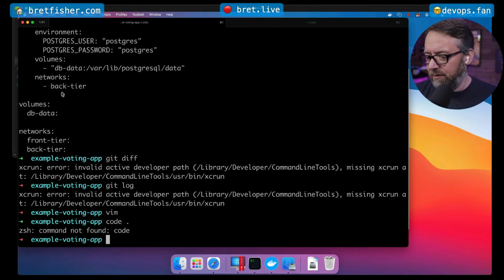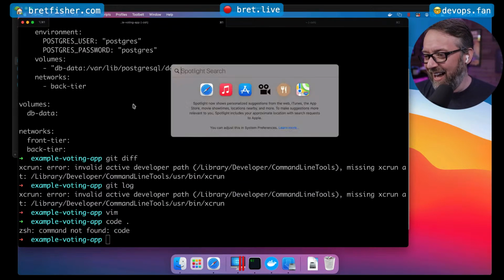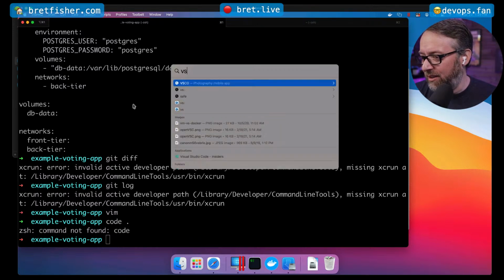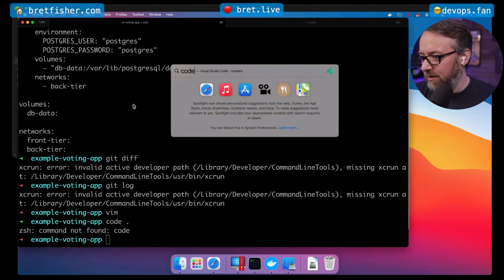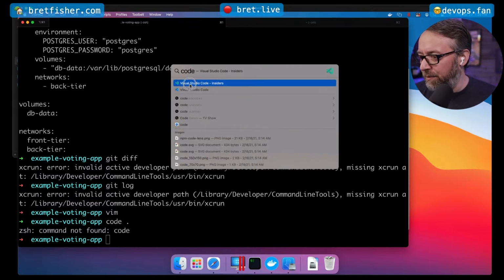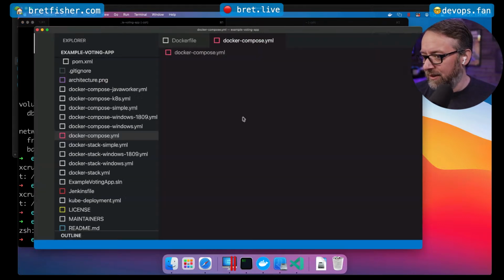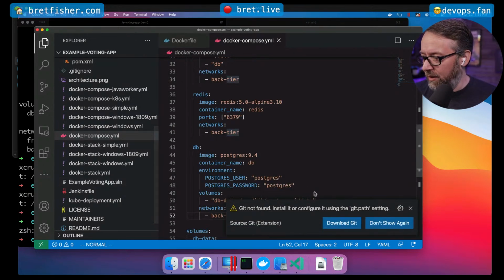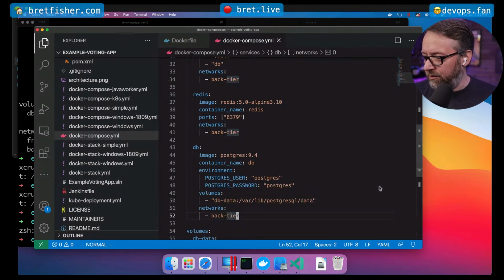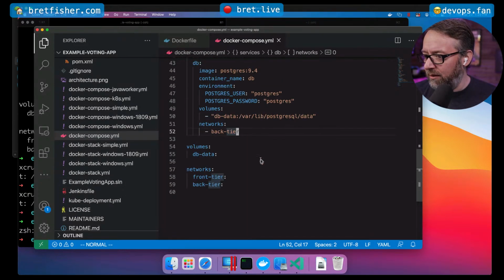Let's try code. Okay. I don't have anything on this machine. I thought I had VS Code installed. I do. Oh, that's right, because it's the Insider build that works on M1 that's solving some of the problems on M1. So, yes, so what you would do here, Kevin,